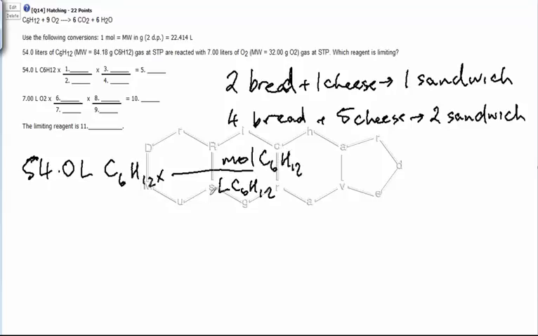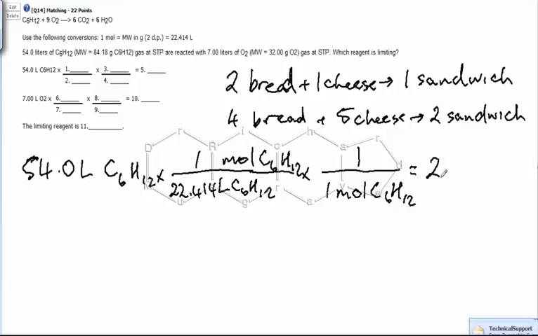The liters here have to cancel, that's why I put liters on the bottom. The relationship between these, 1 mole is equal to 22.414 liters of C6H12 times, and then a line, we're going to divide by the number of moles in the reaction equation, which is 1, and remember, times 1 over something is the same as saying divided by, so 1 mole C6H12 over here,